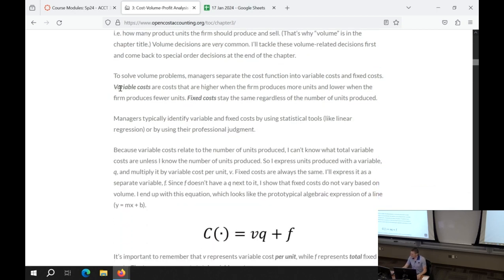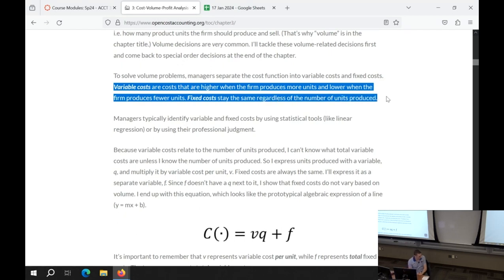The key about these 2 types of costs, which again I think is a review, but just in case, helps to hammer this definition home. A variable cost varies with volume. A fixed cost doesn't. That's really what we're talking about. If your volume goes up, and volume means the amount we're producing and selling, for the purposes of this discussion, assume you're selling the same number you're producing. We're not worried about inventory levels going up and down because you're producing more than you're selling. You're overthinking it. Volume is producing and selling.